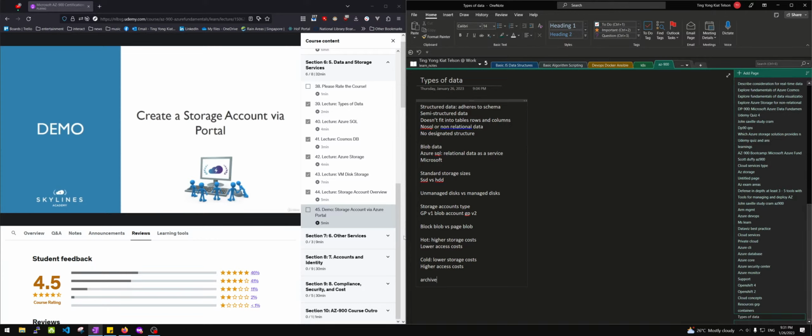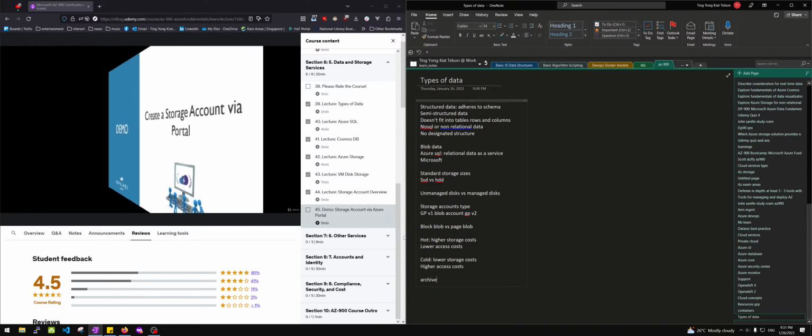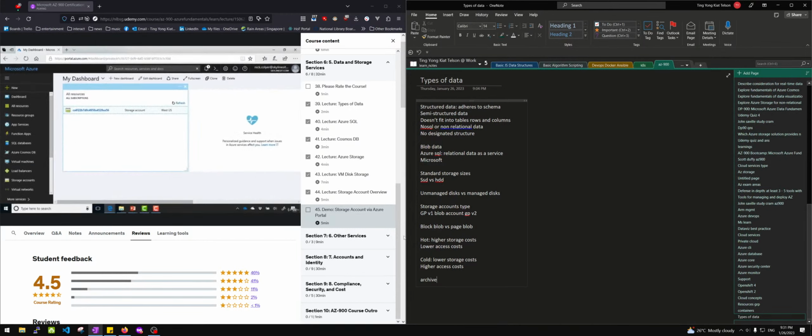In this demonstration, we're now going to cover creating a storage account via the Azure portal. So let's flip straight over to Azure. Here we are in Azure, and the first thing we're going to do is on the left, just go ahead and create a new resource group. So select resource groups,